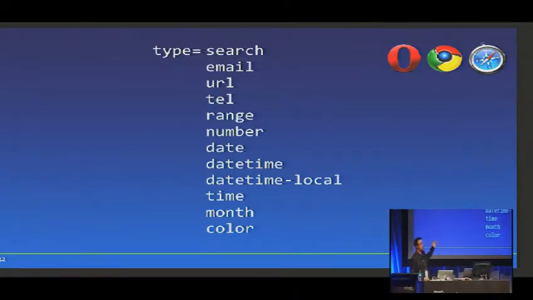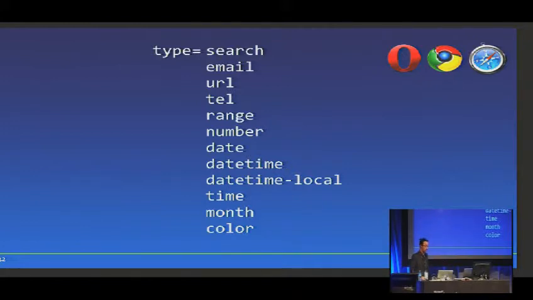If you use a range, so type equals range, what it will do in some browsers, I'm guessing it's probably Opera and Safari, will produce a little sliding bar. So it's all these widgets that you use jQuery and various JavaScript things to produce now. They've just rolled it into HTML. And it's no longer your concern to worry about that. It's up to the browser vendors to make sure that it works. So use these now, and those people who are using a modern browser will get quite a nice experience. And those who aren't will just get a text box.